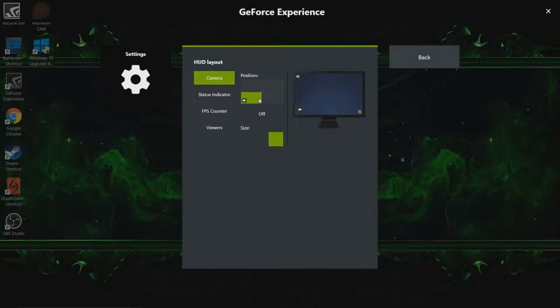And so you'll actually see here, you could change the position of it, right? So if I wanted to put it up here in the upper right hand corner, I could do that. And so when I hit go live, or if I hit record, my picture will then be up here instead. I could change the size of the box if I didn't want it to be too big. So that's really cool. It keeps you from having to go to editing software and putting in a separate video